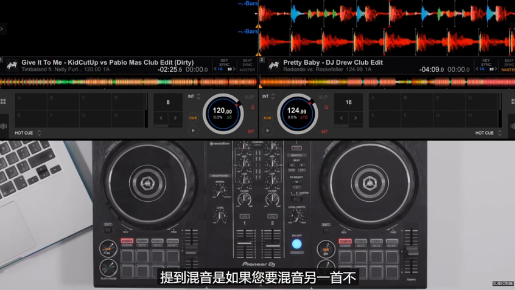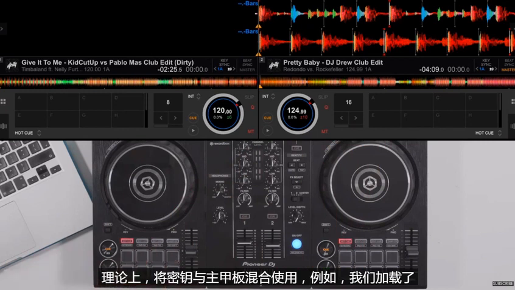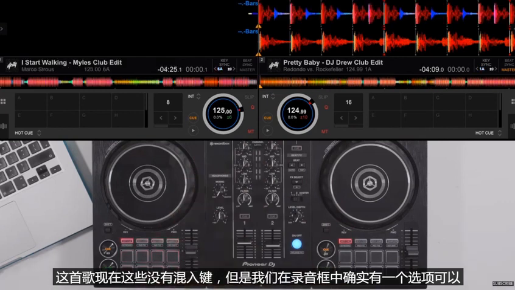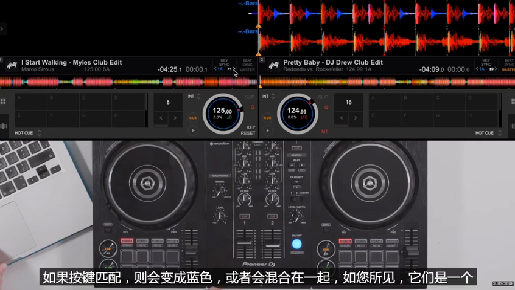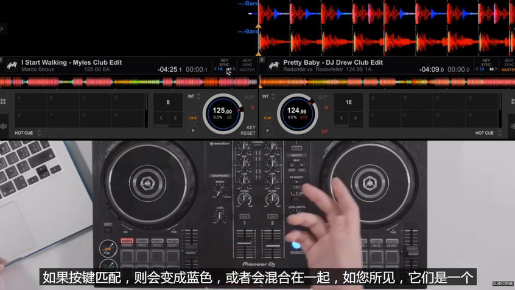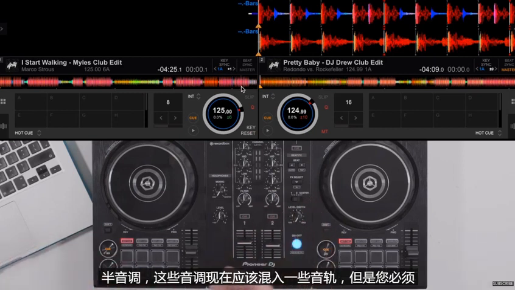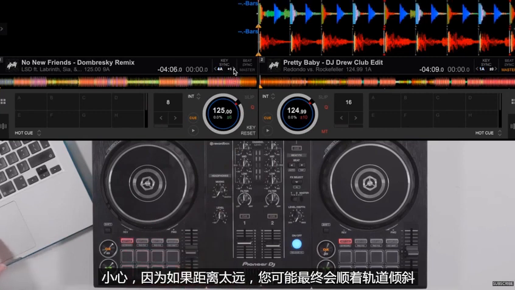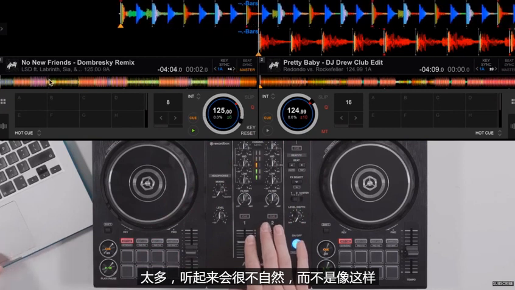One more thing to mention about mixing in key is if you do want to mix another song that doesn't theoretically mix in key with the master deck, let's say for example we load in this song. Now these don't mix in key, but we do have an option in rekordbox to pitch the key up and down using these arrow buttons, and what will happen is it will turn blue if the keys match or will mix together. As you can see there, one semitone up, and these now should mix in key. Some tracks, however, you've got to be careful because if it's too far away, you might end up pitching the track by way too much and it's going to sound pretty much unnatural